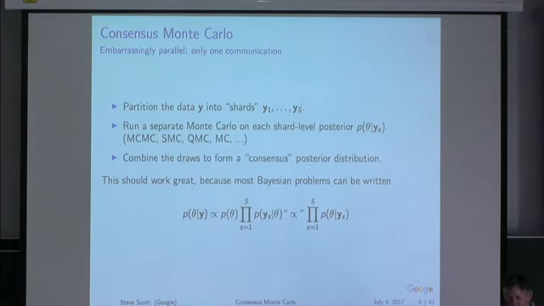If we think logically, mathematically about this, there's got to be a way to make this work, right? Because when we write down the posterior distribution given the full data, p of theta given y, for lots and lots of problems, you can write this down as the prior times the likelihood, and the likelihood will factor across these different shards. This might not work for spatial models, or time series. You can think of examples where you can't write things down like this, but for lots of problems, you can find something conditionally independent somewhere where you can write down the posterior distribution this way, right?